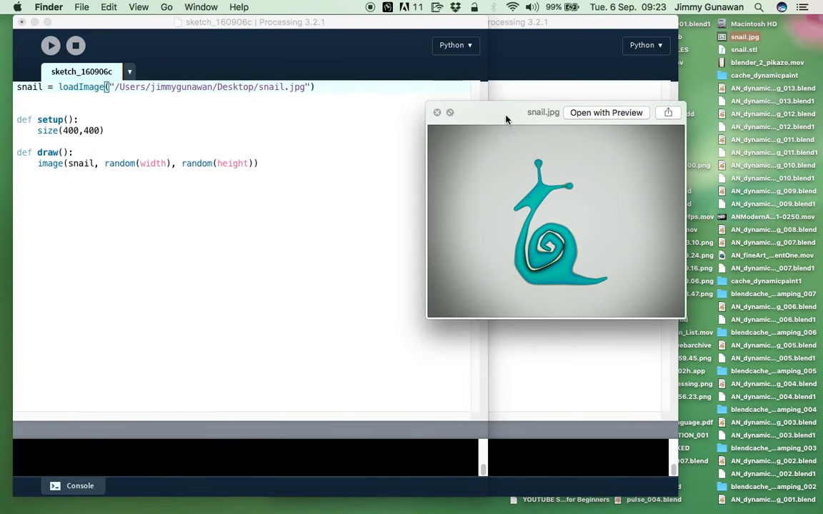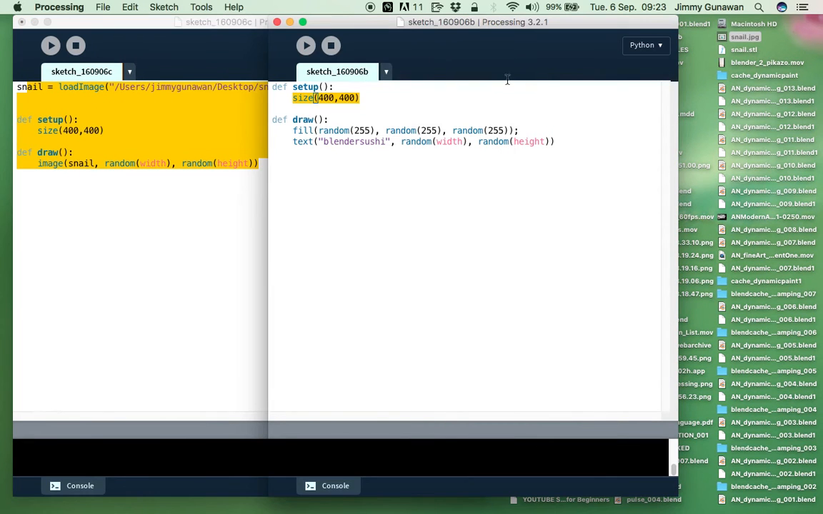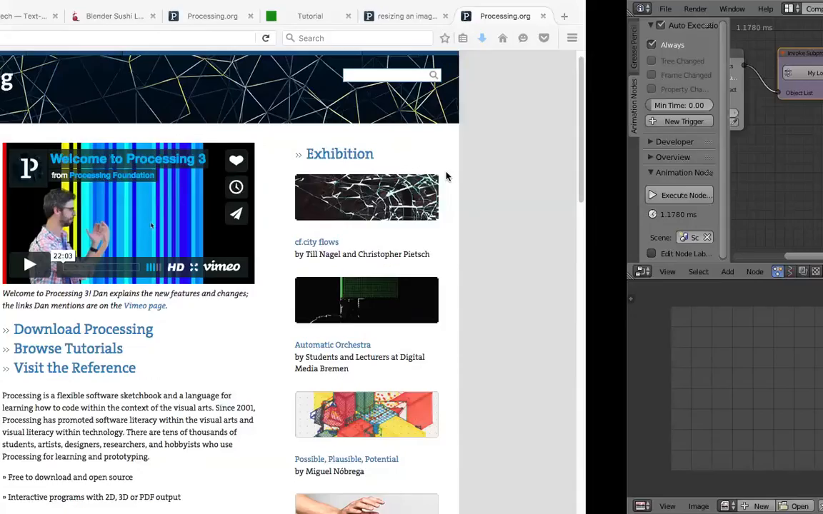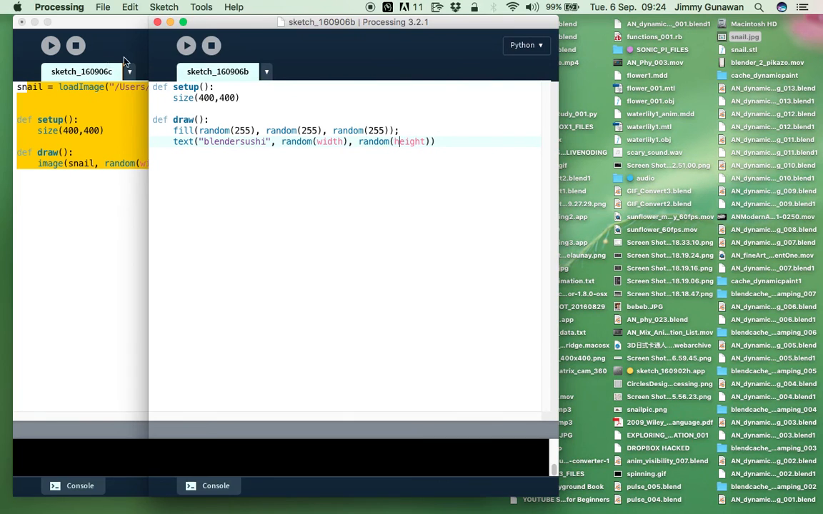So I guess that's enough processing. We're going to try doing it using Blender, and I will attempt to do that. Also, I will show you how to do it using dynamic paint. Because with processing, you know how whenever it draws things